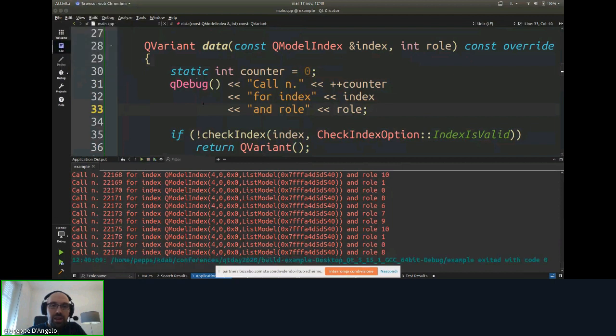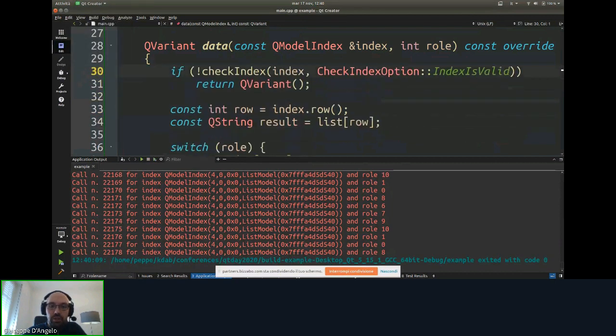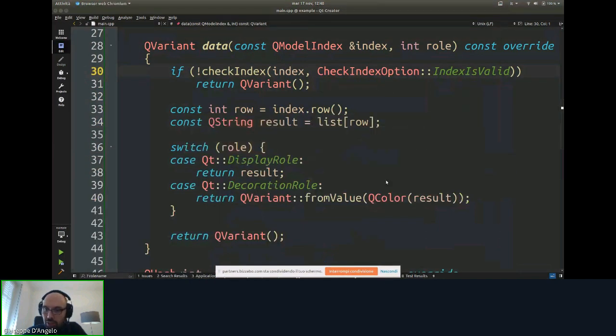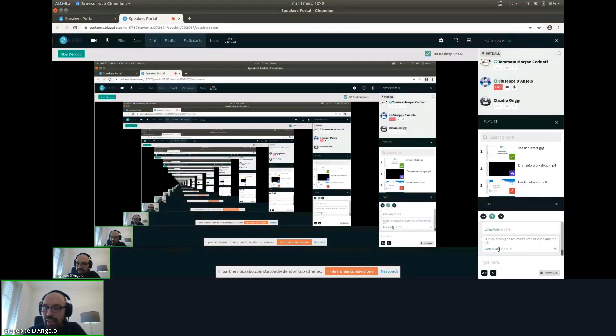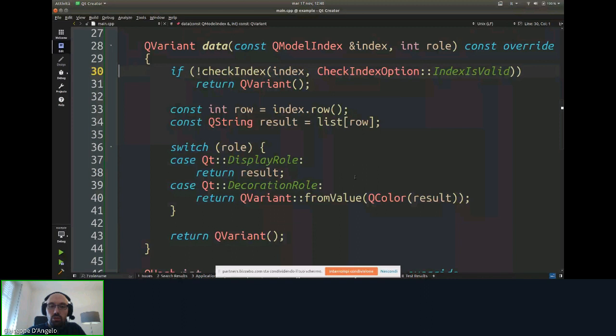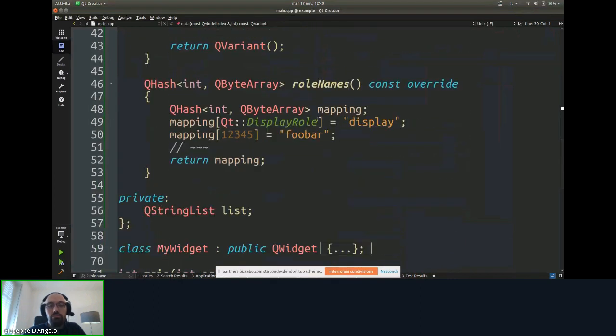Okay, this is just to give you an idea of how data actually functions. There was a question in chat, which was, is role names called every time or once and for all? It is called once for all. It's called once when you place a model into a view, and there is